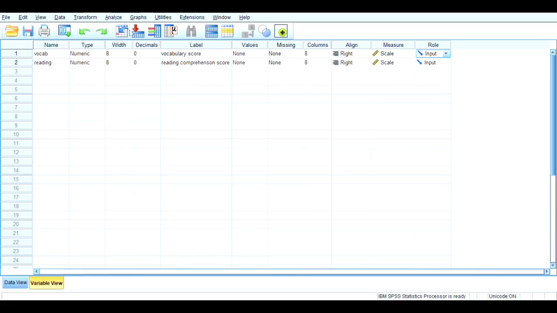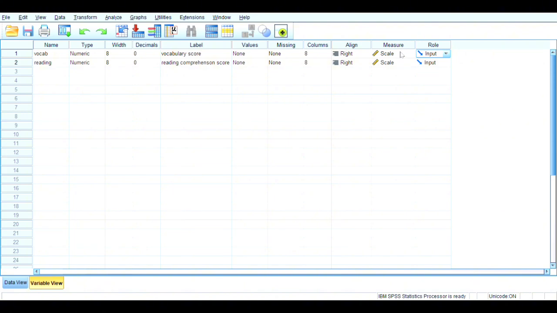After explaining the research concept, I move to the SPSS analysis. Okay, I create two variables. The first variable is vocab, which represents the vocabulary score. This variable is numeric and the measure level is scale.